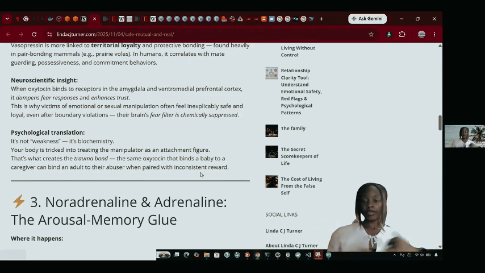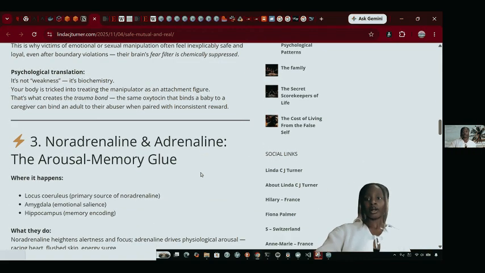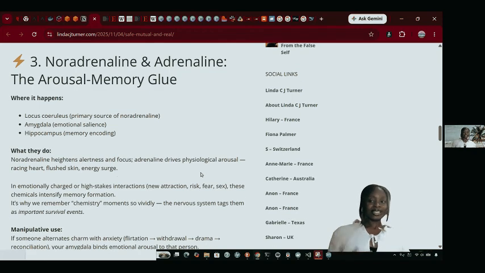This could also relate to family, workplaces, friendships. When I say relationship, I'm not just talking about romantic relationships. I'm talking about you as a human being and another human being, all the forms of relationships that could occur. So here your body's tricked into treating the manipulator as an attachment person because of oxytocin. And then you have vasopressin also secreted, so you are protective of and loyal to the person, right? We can see this also happening in cults. It just came to my mind.